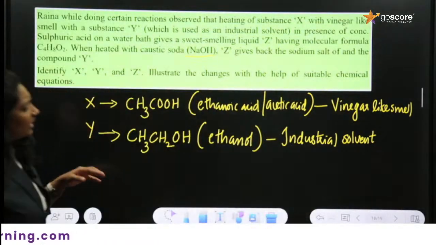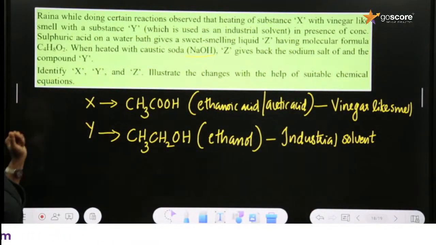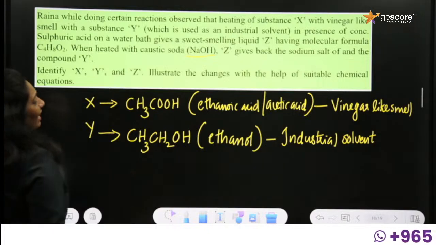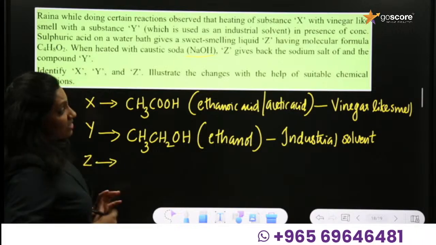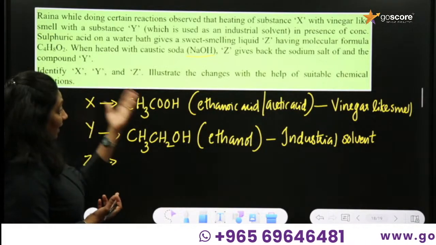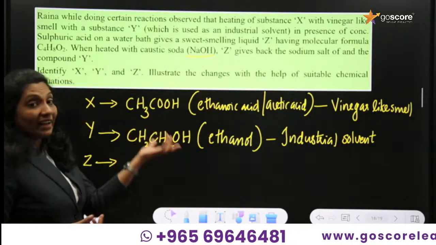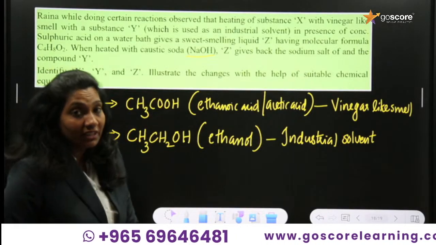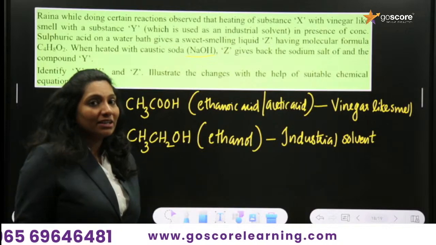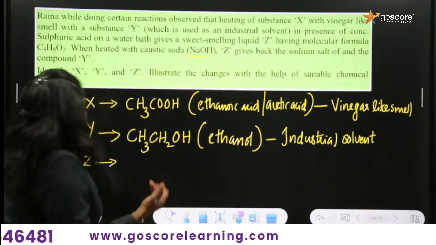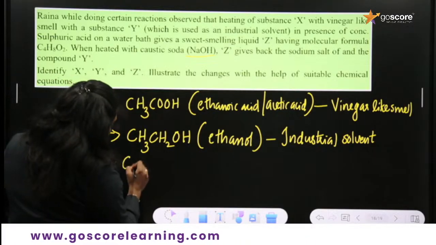And when you treat it in presence of concentrated H2SO4 in a water bath, a sweet smelling liquid Z. So what will be that sweet smelling liquid when the ethanoic acid reacts with ethanol in presence of the dehydrating agent concentrated H2SO4? It is nothing but the ester, right? So the Z formed here is